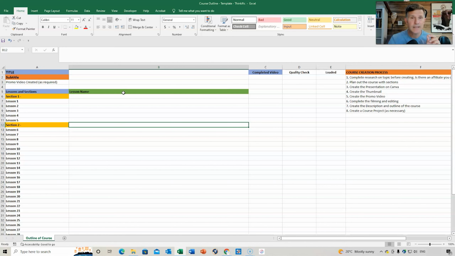So this is an easy way of structuring your course. Set up the lesson name, so go through and think carefully of the flow and what's going to happen in each of those lessons. You might even want to have some notes of what you're going to be discussing or communicating, or the end goal for that lesson.